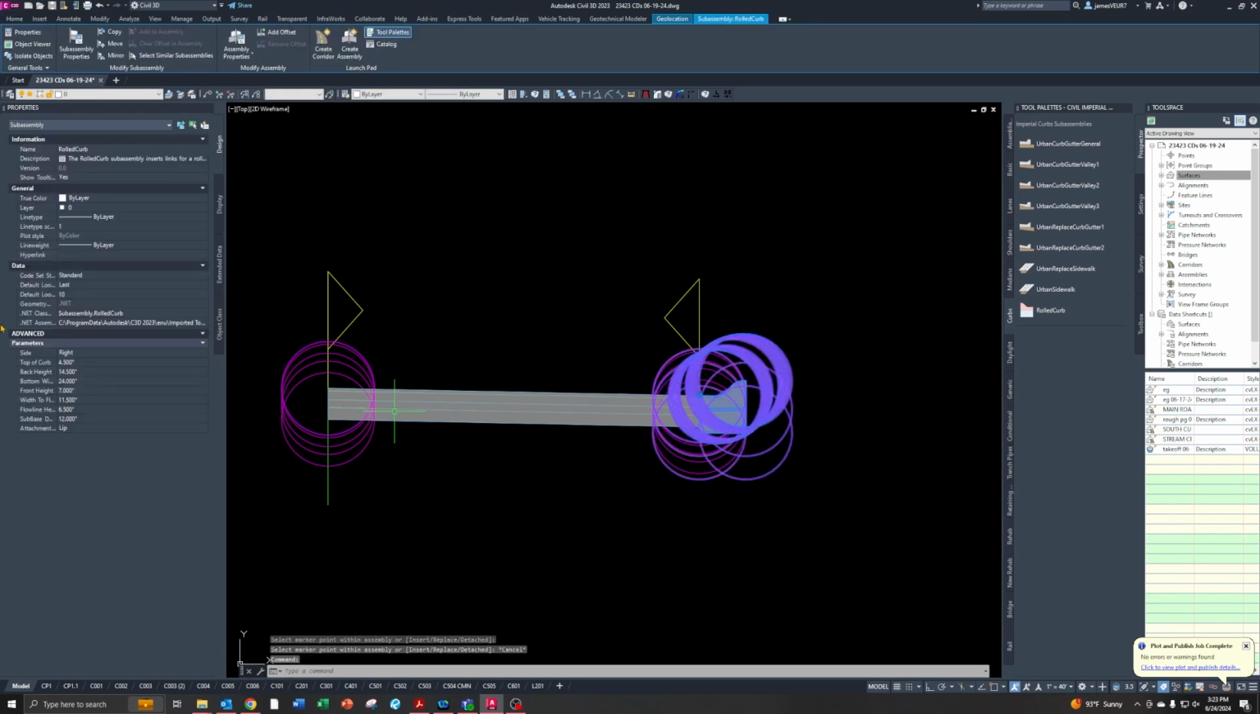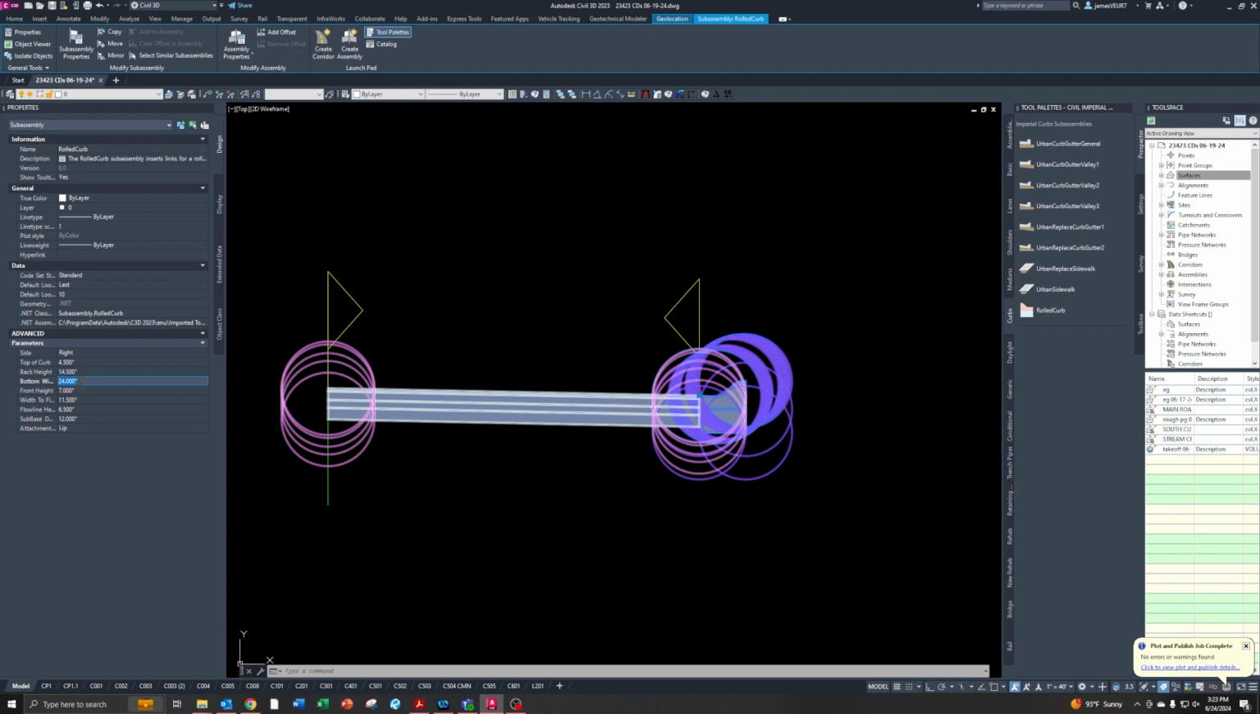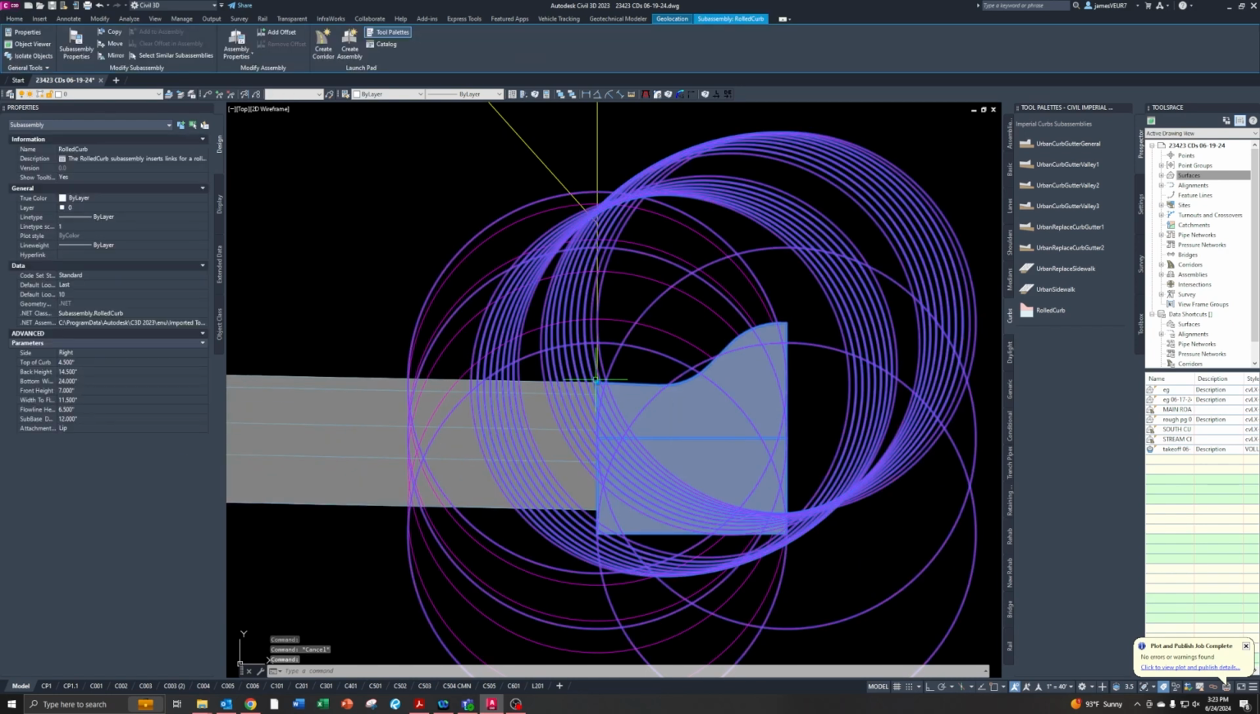So you're going to select the curb, and then you'll set all of these dimensions to match whatever the requirement is. And Atlanta has a roll curb detail somewhere in their manual. I don't recall off the top of my head where that is. But you'll go through, you'll set the back height, front height, and all of these dimensions to match what their standard is. So the front height is going to be this spot right here, where the curb meets the